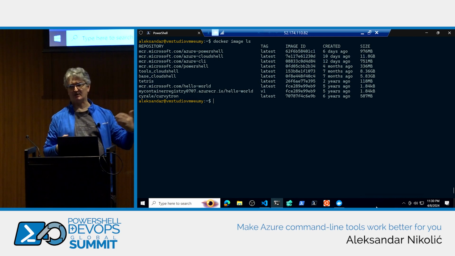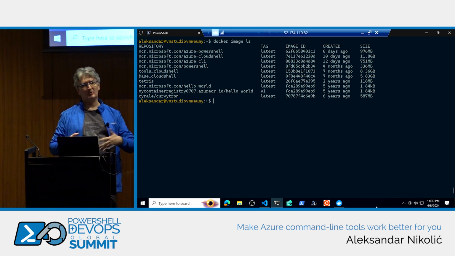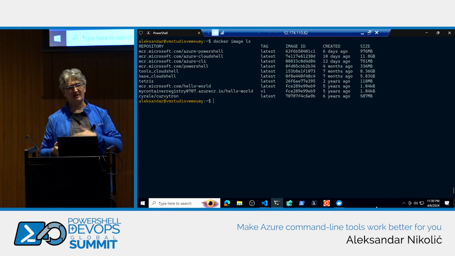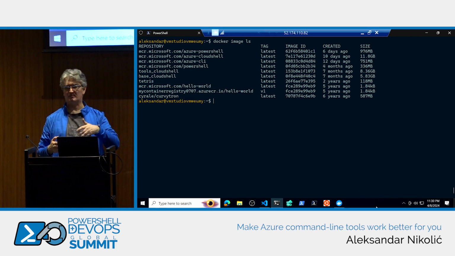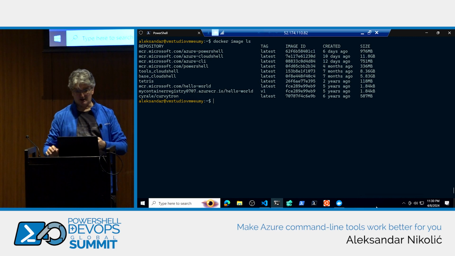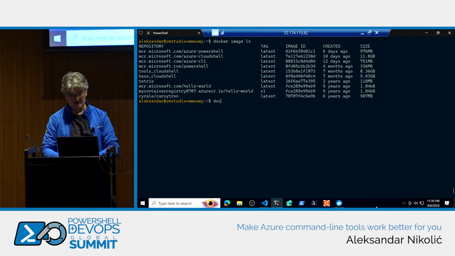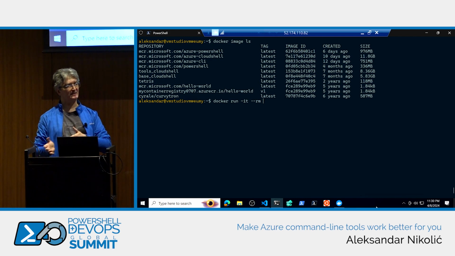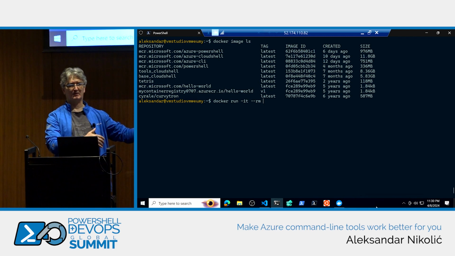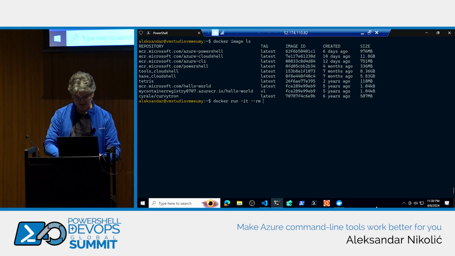I will show you how to get the list of tags. And then you can use it that way, right? Right here, for demo purposes, I'm just using latest, which is the same as if you don't mention any tags, okay? So to run it, you need to say docker run, interactively. We can run it as a service, but I want to run it interactively for you. And I want to remove the container once I exit it, because I don't want to have those trails. And then